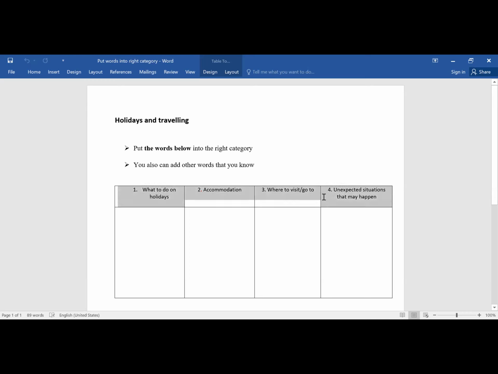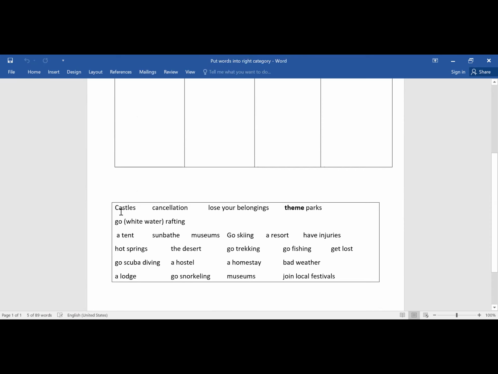So you see here we have a table and there are 4 columns. You will need to put the words below the table into the right category. Here we have a lot of words. So for example, let's look at the word, let's have a guess. I would like to ask